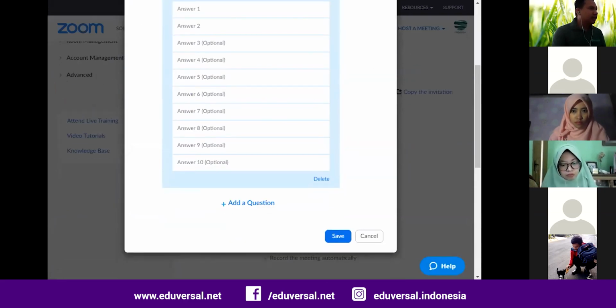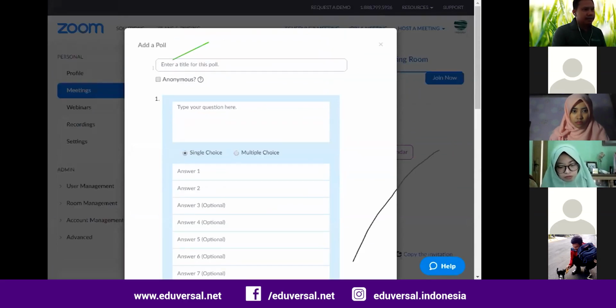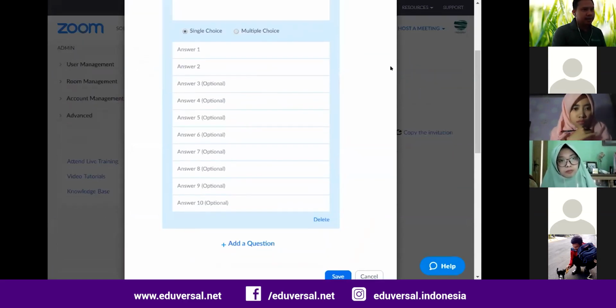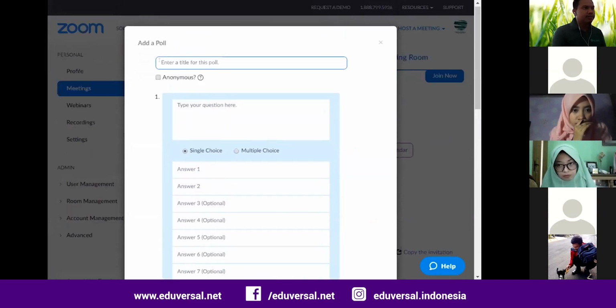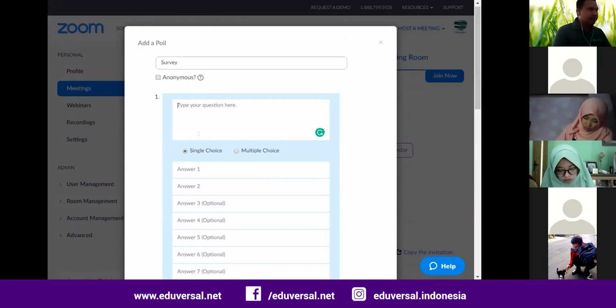Basically these are the features if you want to add polling, for example, and whether you want participants to be anonymous or not. For example, you want to answer a yes or no question, like: is an online learning system type yes or no question.